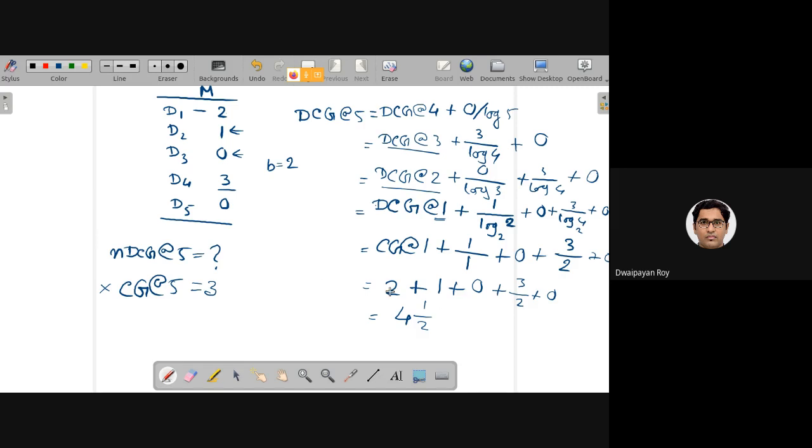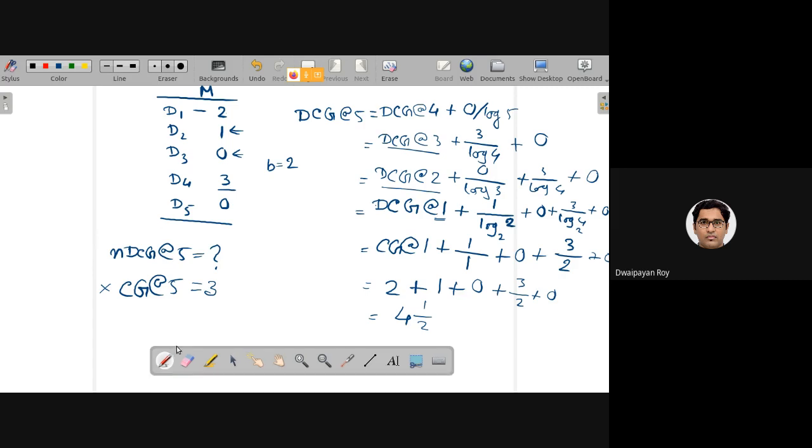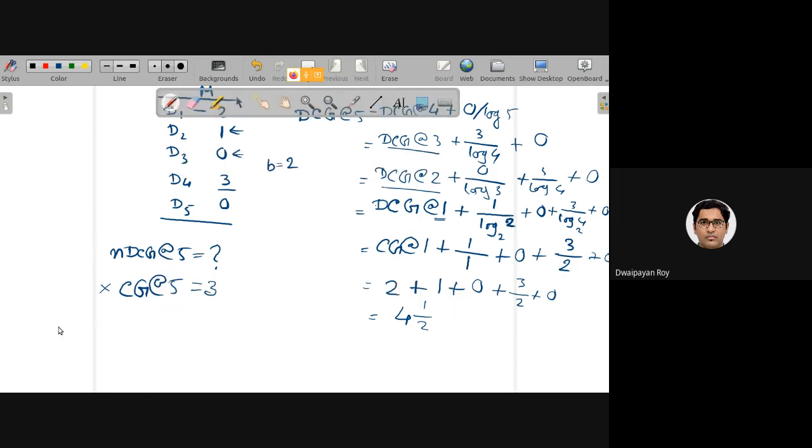Okay. Now this is the DCG. Now we need to compute the ideal DCG. For the ideal DCG, we'll be computing the entire thing. So for the ideal scenario, let me write it quickly. So this is the DCG.